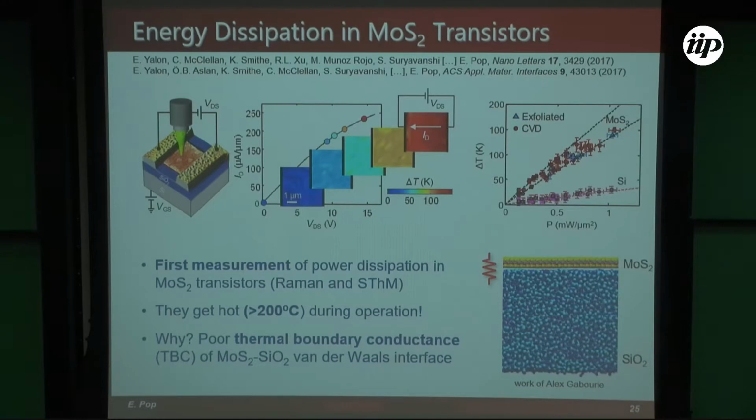Okay, once these hundreds of devices became available in my lab, a lot of other students and collaborators wanted a piece of the action. One of them was Elam Yalon, who is now a professor at the Technion in Israel. But Elam wanted to do thermometry. He really wanted to work on thermometry of nanostructures, memory devices, MoS2 devices. And so he read up on, he had no background in Raman, by the way, so he read a lot